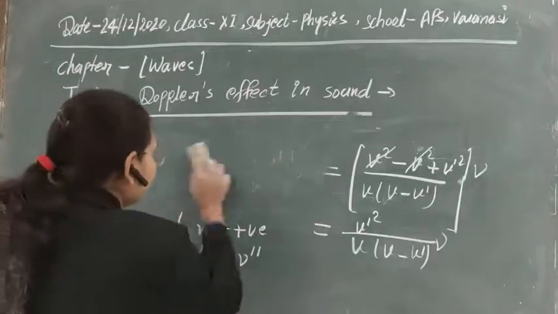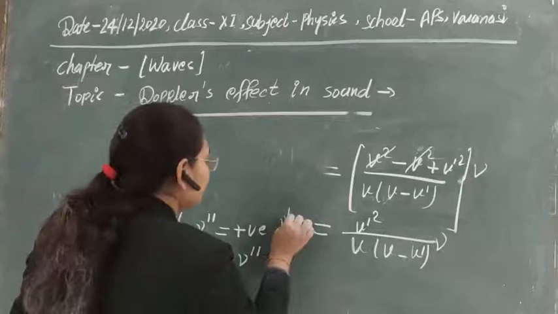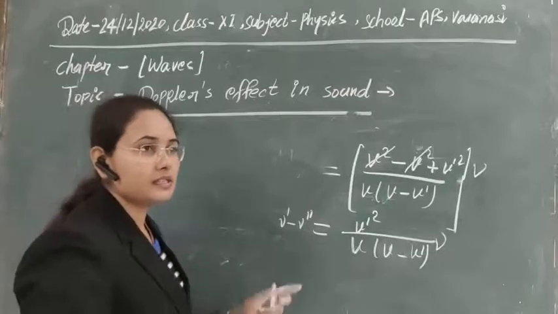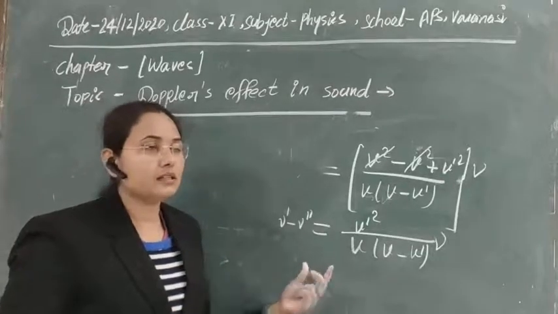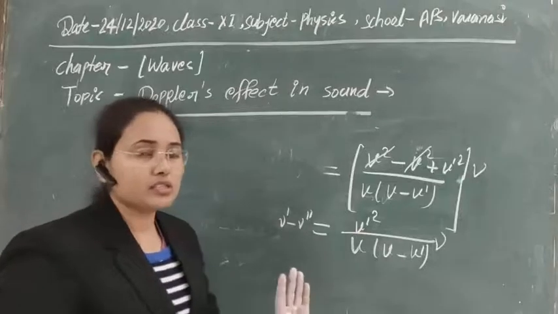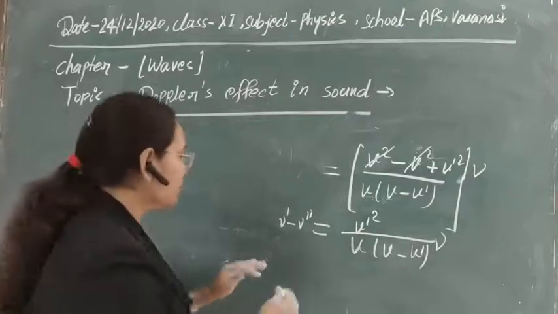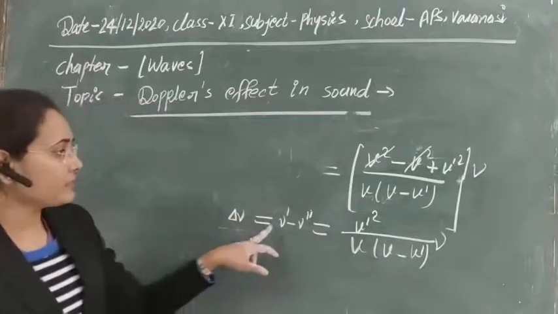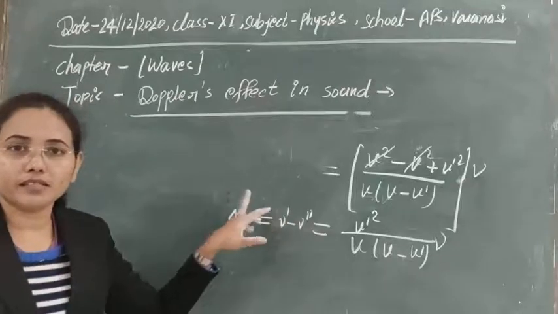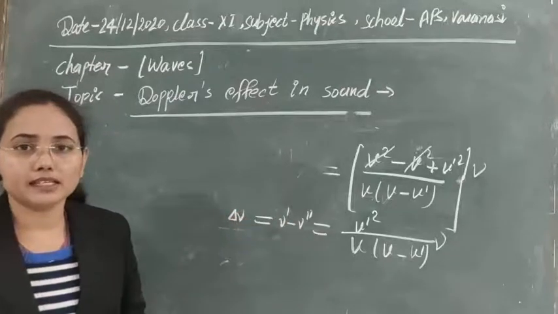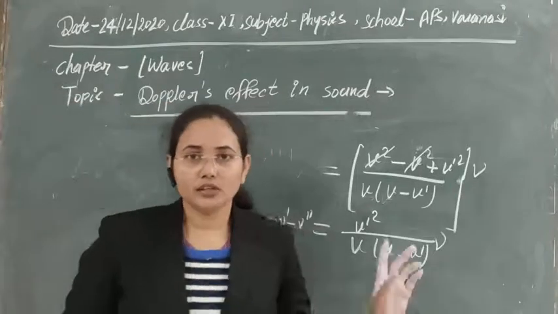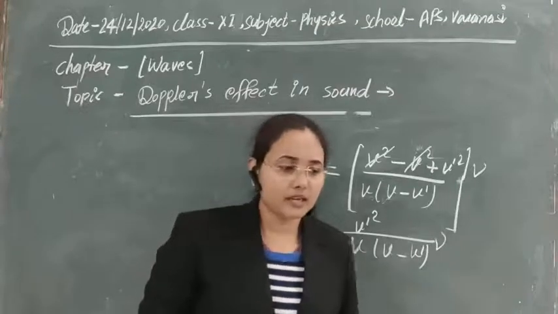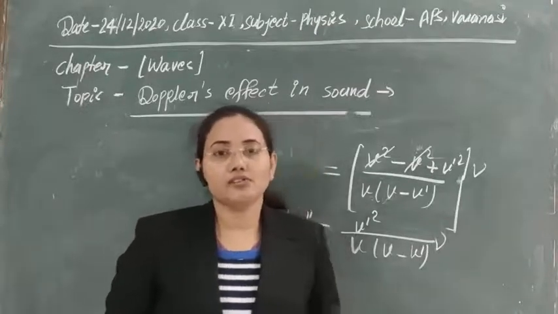So this is the value of nu dash minus nu double dash. This quantity, the difference between the frequencies heard by the listener in the two cases, when the source is approaching and when the listener is approaching the source, is known as Doppler shift. So the Doppler shift is equal to the difference of the frequencies heard by the listener in two different cases, whenever they are moving with the same velocity, the concept we have just taken here. Due to asymmetry, as we have seen, there is a difference in the frequency of sound that is heard.